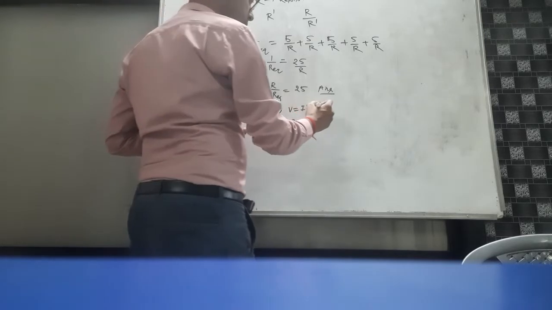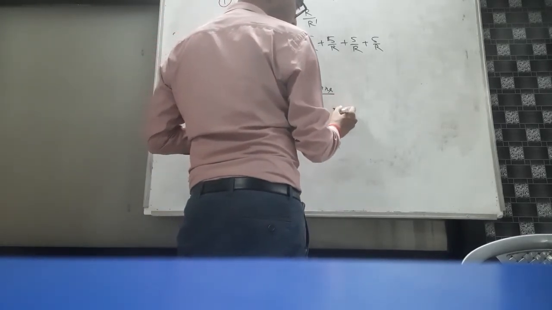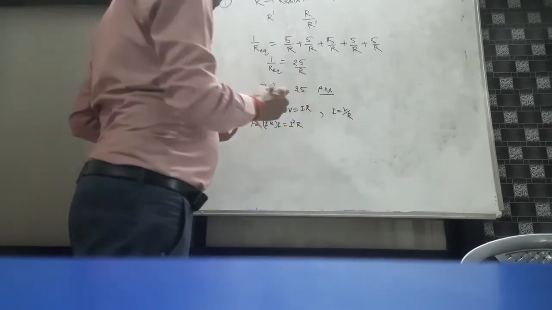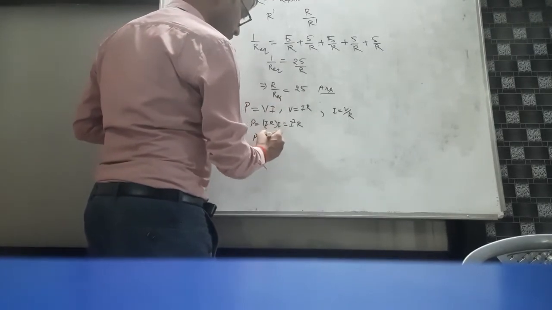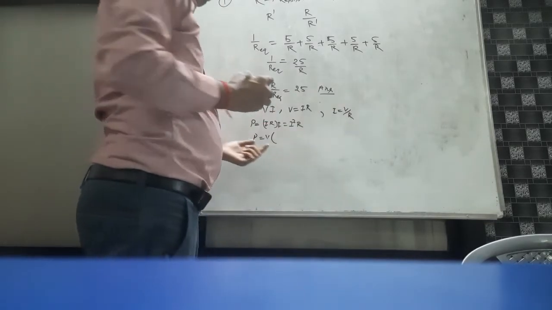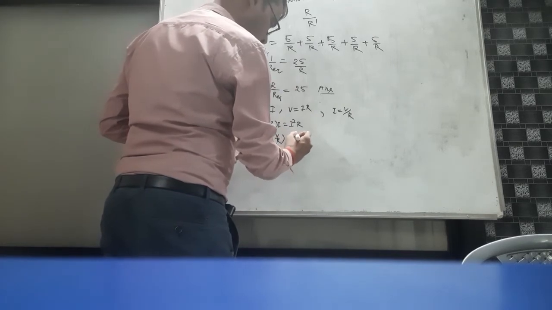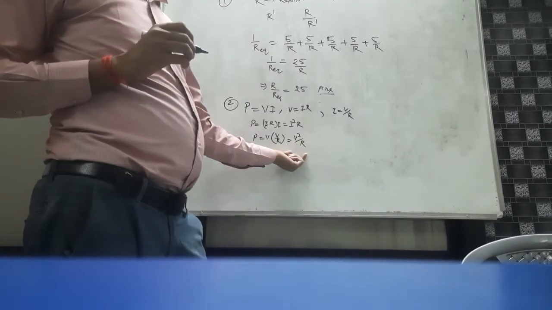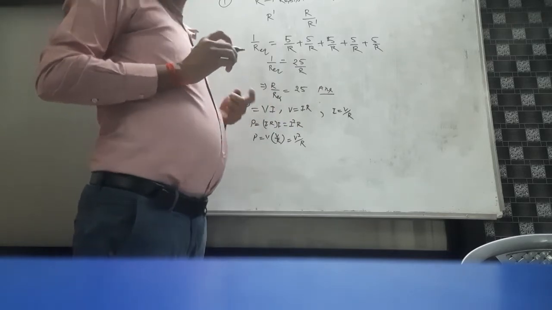Now if we rearrange this, then I equals V by R. Then power becomes P equals V, and in place of I we put the value V by R, so P equals V square by R. This is your second expression for power, and this one is the first one, and this one is the initial equation.